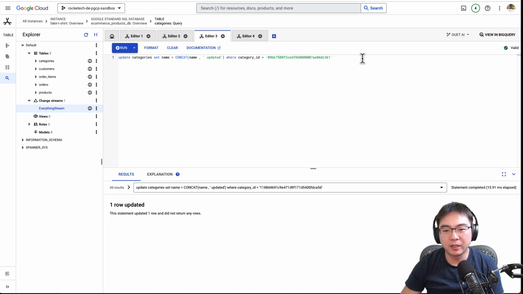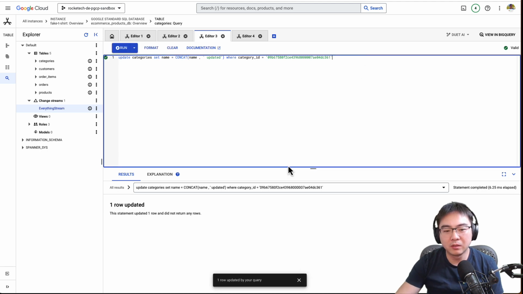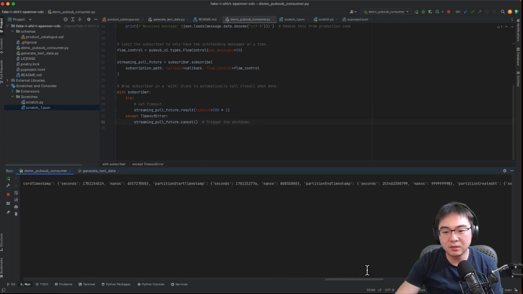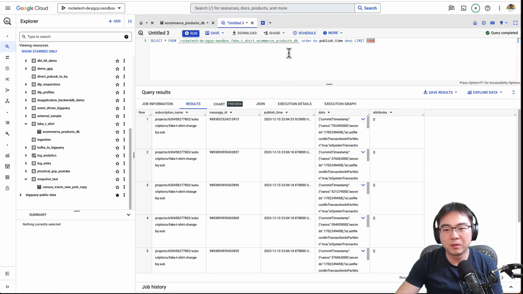Okay, so let's try it. If I apply this one, now one row has been updated. So what should happen is in here, I've now received the message. This is the message payload, right? It's not easy to see, but this is basically what comes through the pull subscription. But if I go to BigQuery,